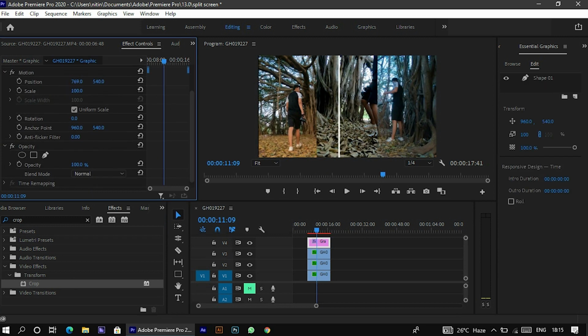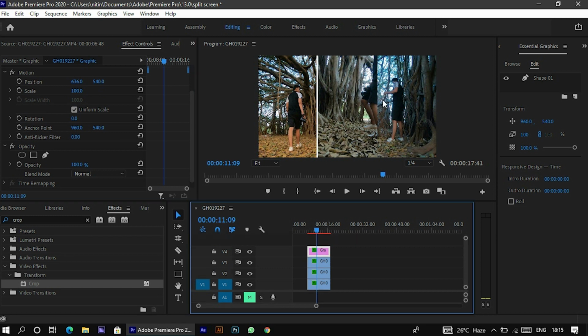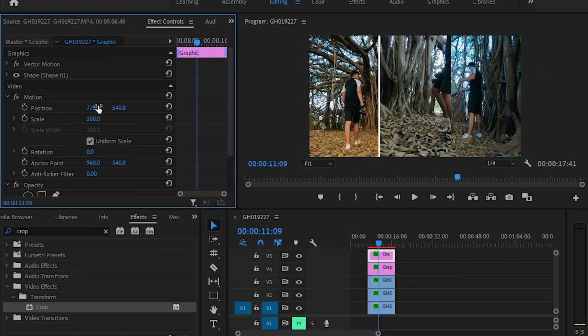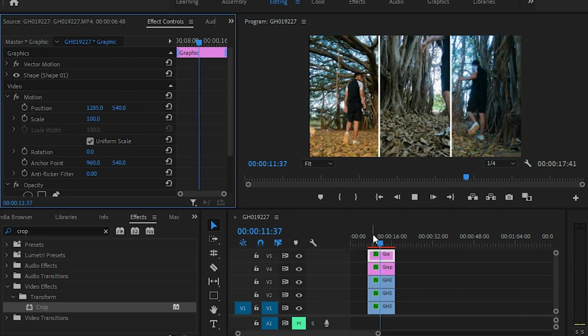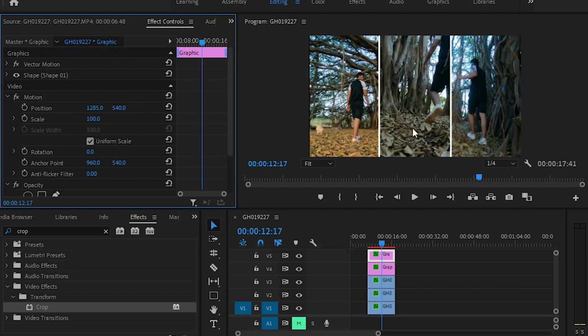Okay, now we have to move this graphic, like this white line. So for that I'll just motion it, position it this side, and I just have to duplicate this layer. And just duplicate that, and you have to position it as well onto the next section, just like let me do this. Okay, now that's the perfect sections divided. Now that is the video.